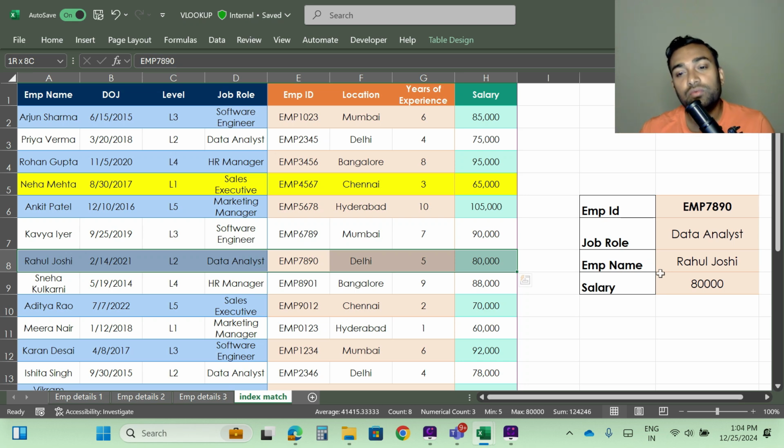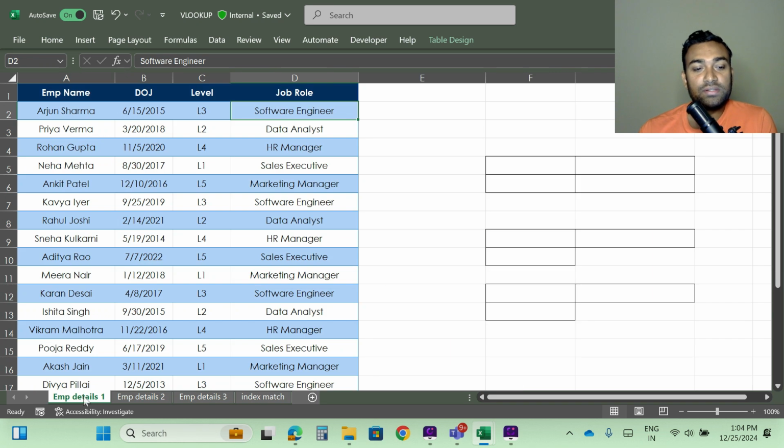Now I will show you a few more things. Suppose in a single sheet we have done it, right? In a single sheet we have done it. All the data were available, like employee name, job role, and salary. All these things were available in a single sheet. That's why we could do this. Correct. So now if we want to do it in different sheets: